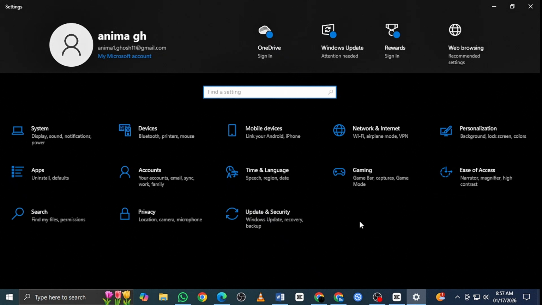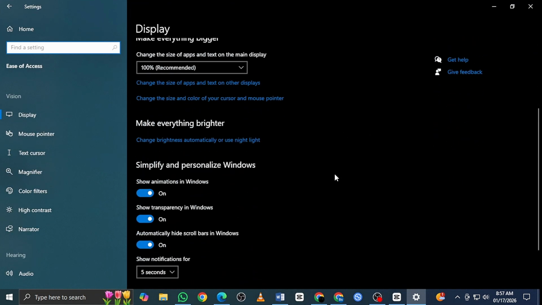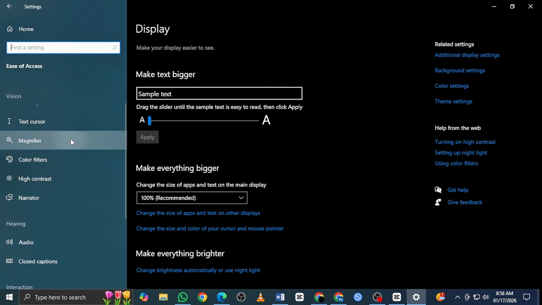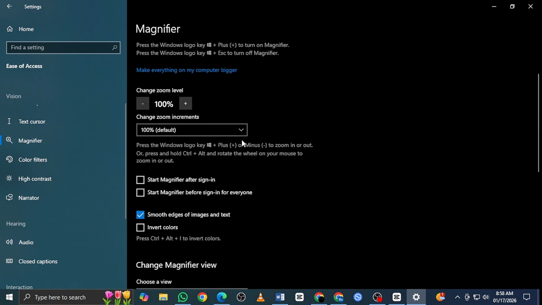Once you're in Settings, find and click on Ease of Access. This section controls features that help adjust how Windows looks and works, including zoom and magnification options. Now, on the left-hand side, scroll down and click on Magnifier. The magnifier tool is what causes the screen to zoom in and out, sometimes by accident if certain keys are